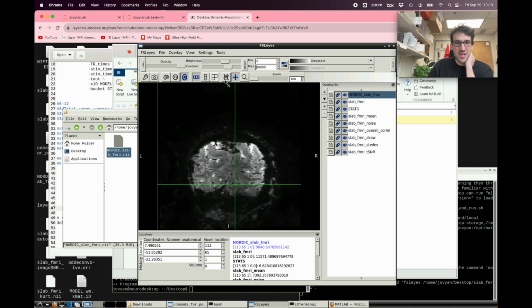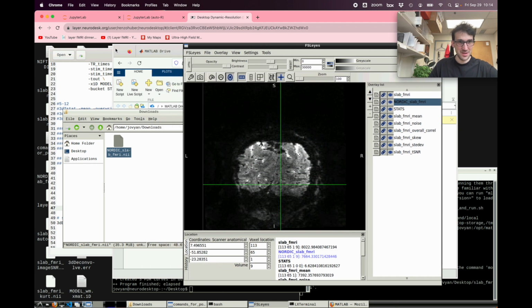Now I'm starting this kind of movie where you can go through the time series and see what it did. You see that there's still motion going on. It doesn't look like salt-and-pepper TV noise, right? For example, if I bring the fMRI without NORDIC to the top, you see there's much more noise going on, and a bit of compression going on. I'm doing this online, but overall I think you get the idea that the thermal noise component is significantly reduced. So let's close the online MATLAB now